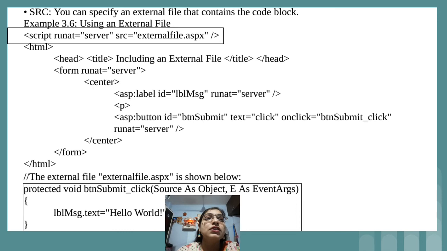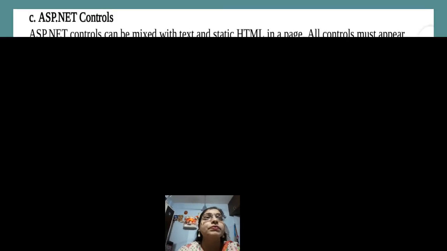Once we double click on the button, we will get to see the message hello world on the label. In example 3.6, externalfile.aspx is a different aspx file from which we are importing the logical part, the content. For that purpose we can make use of src, that is the source attribute.